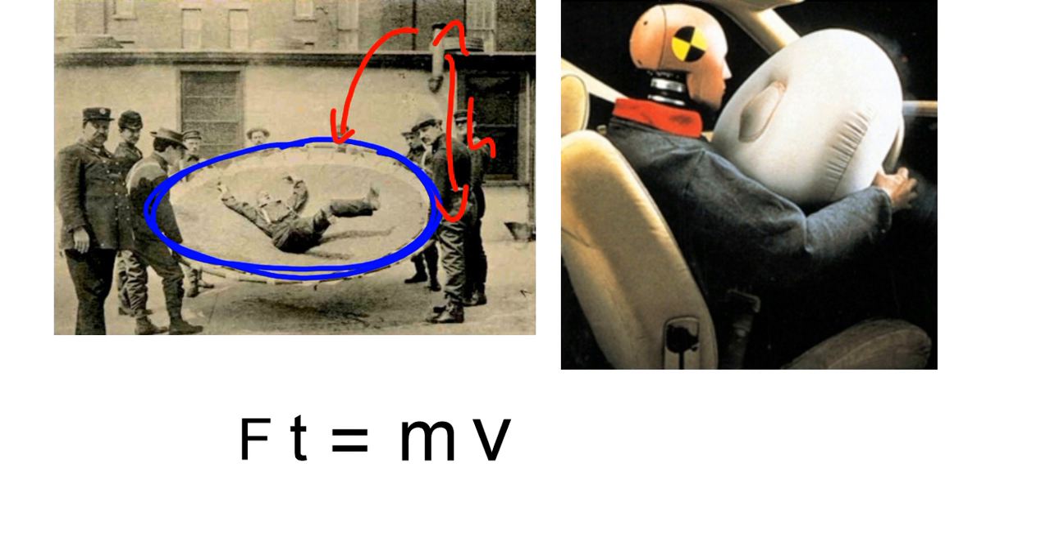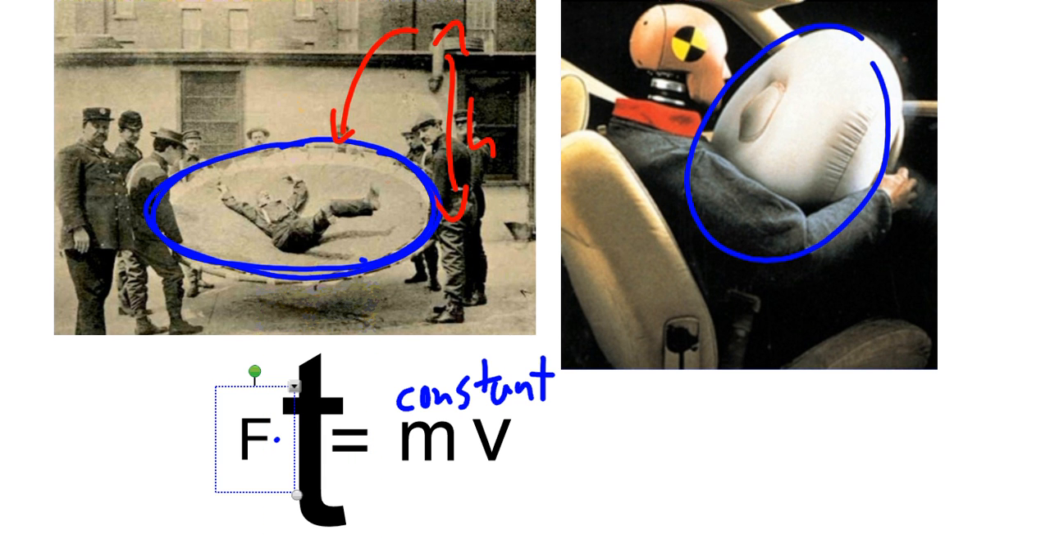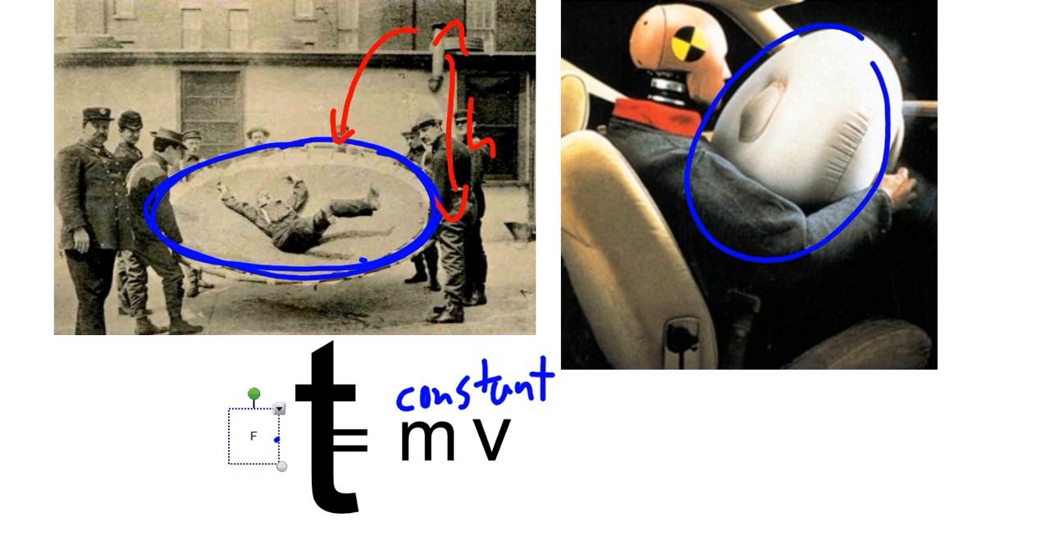We can change the time of impact that the person has with some surface, whether it's the trampoline or the airbags designed, and the time of impact changes the force that you feel. Because force times time has to equal this momentum, which is a constant number, like 2, for example, if I make my time a lot bigger, the force has to get a lot smaller